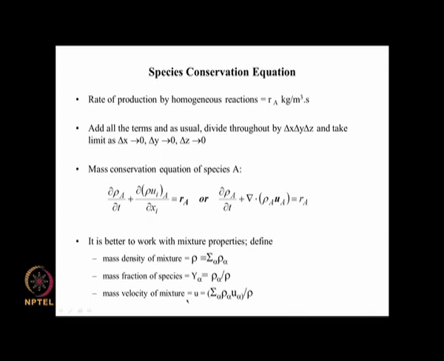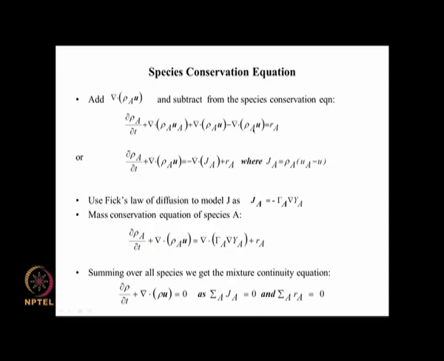Similarly, the mass velocity of the mixture, which we are calling u here without any subscript, whereas here we have a subscript A. So without any subscript we can define this as the sum over all species of rho alpha u alpha divided by the mass density, which will give us the mass velocity. So rho times u is the total flow rate flux of that particular mixture, and that is equal to the sum of the individual fluxes. So there is nothing complicated about it, these are pretty obvious definitions.